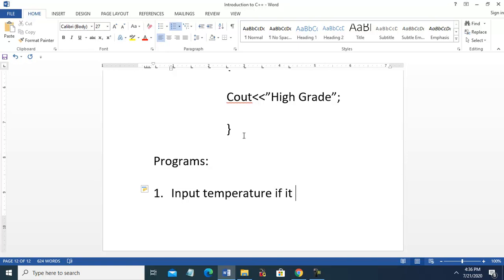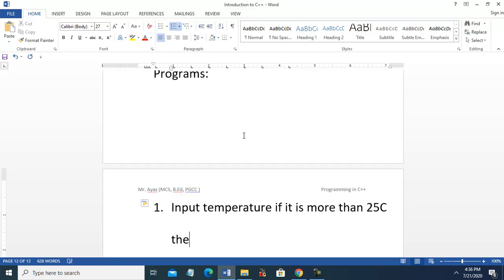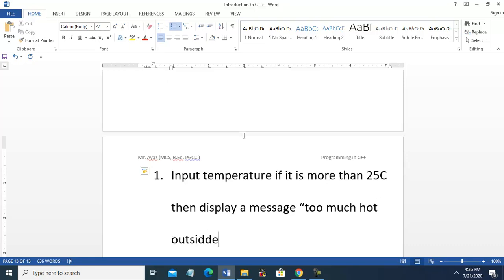If it is more than 25 Celsius centigrade, then display a message: too much hot outside. Like this.